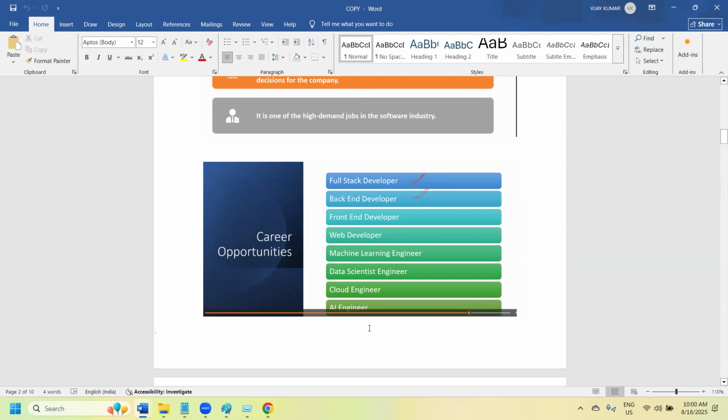Whereas a person who has very good knowledge of database and Unix shell scripting along with Python and one cloud, for example AWS, will definitely get a job. Even in a fresher role you will get a job. Even freshers, if you concentrate on these four areas, will definitely get a job, either at a startup or anywhere, because that is the future.